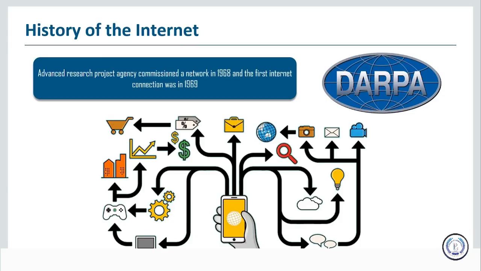So ARPA sent out a request for proposals to BBN, which is Bolt, Beranek, and Newman, and they were previously an acoustical consulting company, and they won the contract to build what was called the ARPANET. The first connection was in 1969, so that's where we get the idea that the internet began in 1969, though the internet as we call it now didn't really begin then, but ARPANET did. And ARPANET has a long history that goes through NSFNET in the 1980s, after ARPANET was sort of decommissioned, and a lot of other networks were folded into NSFNET, which then turned into what we now call the internet.